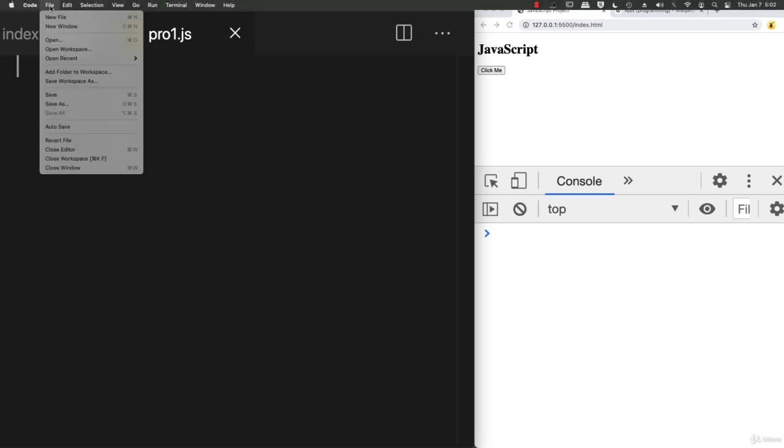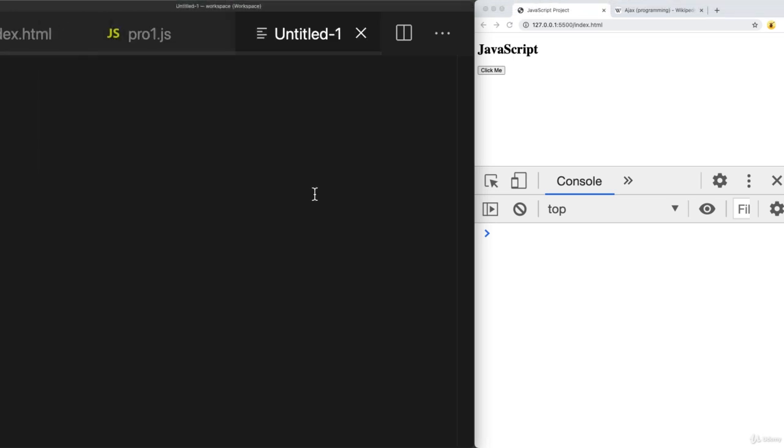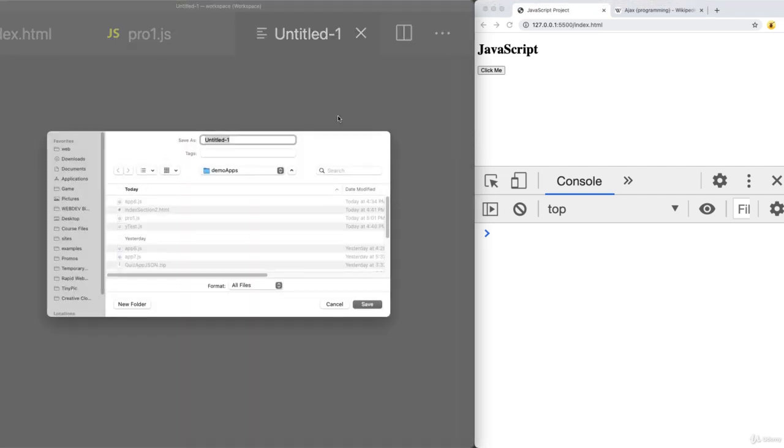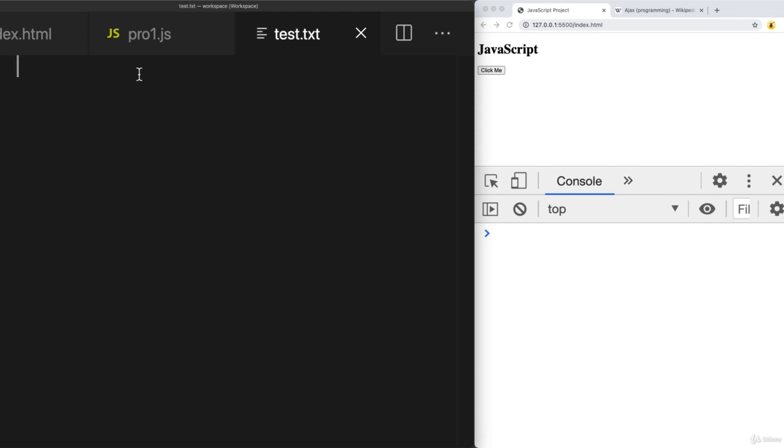So let's go ahead and create a new file. And this is going to be just a regular text message. So just save that as text.txt file. And it'll say, welcome to my page. We'll make a fetch request and get the contents of the text file and output that onto the page. So going into the text file,